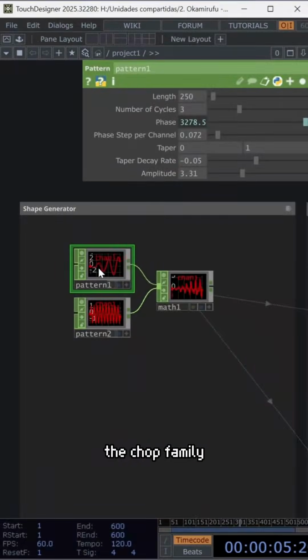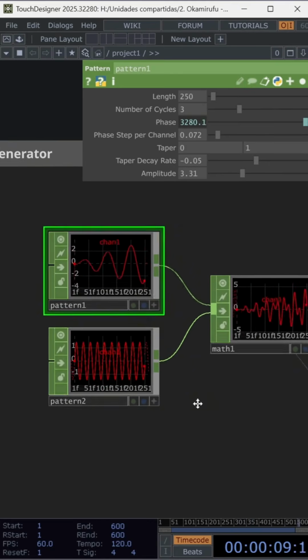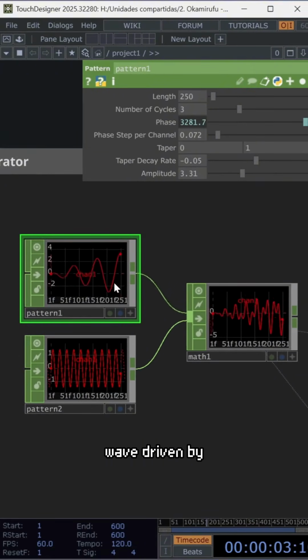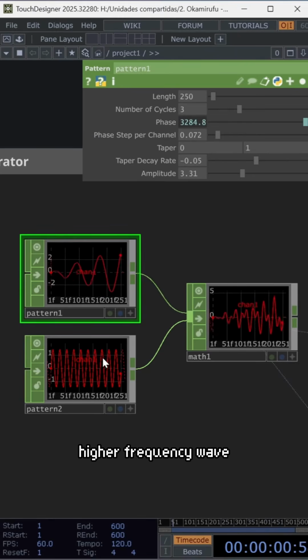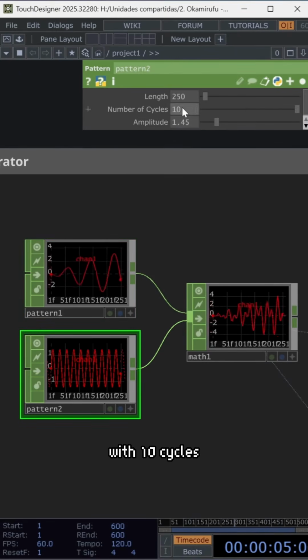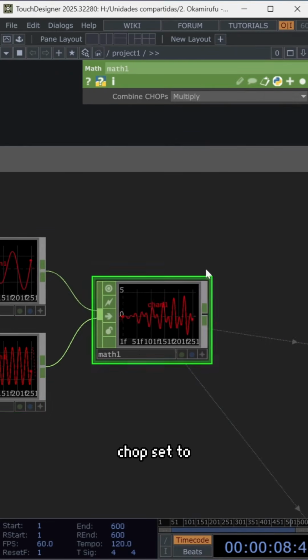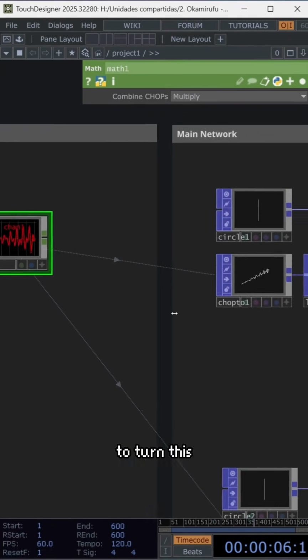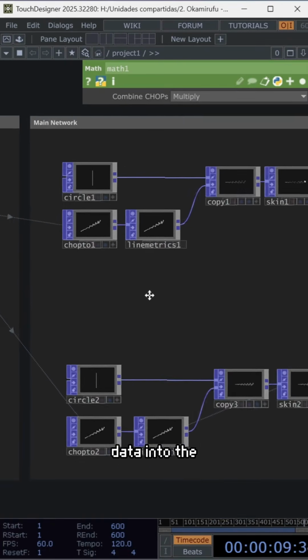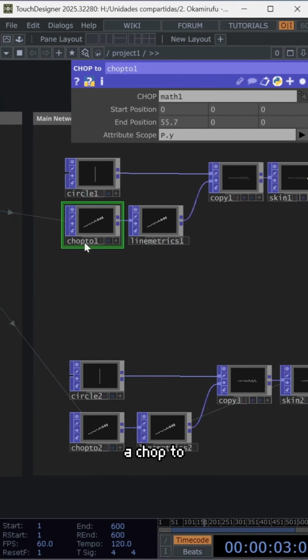I started in the CHOP family with two pattern CHOPs. The first is a slow, smooth wave driven by absTime.seconds, and the second is a much higher frequency wave with 10 cycles. I fed both into a Math CHOP set to multiply, giving me this perfectly complex undulating pattern. To turn this into 3D, I brought that data into the POP family using a CHOP to POP, mapping